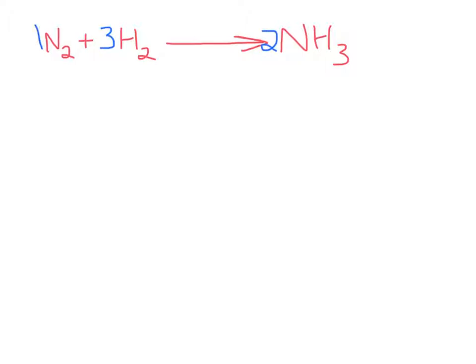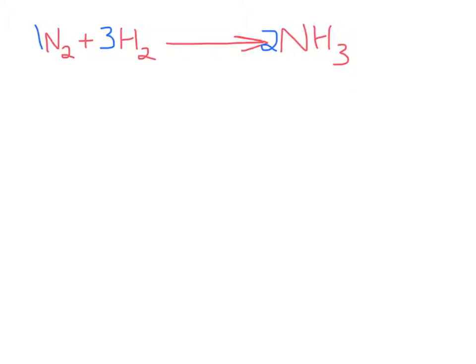Okay, in problem B it says ammonia is produced by the combining of nitrogen and hydrogen gases. Calculate the number of moles of ammonia that can be produced from 1.30 moles of hydrogen. Let's first come up with a balanced chemical equation for this. We know that we're producing ammonia, and produced is a sign that that's on the right side of the reaction, and it says it's produced from nitrogen, which is N2, and hydrogen gases. So there's our unbalanced equation, and then balanced will look like this. So there's our balanced equation that we have to start with in order to do our